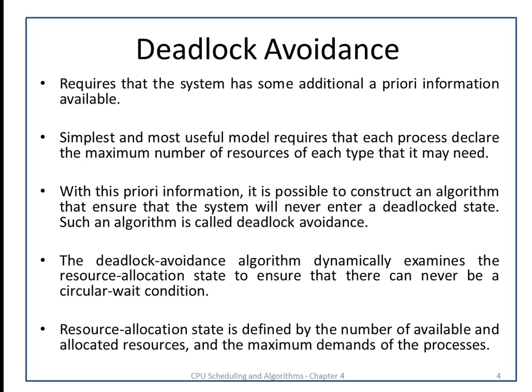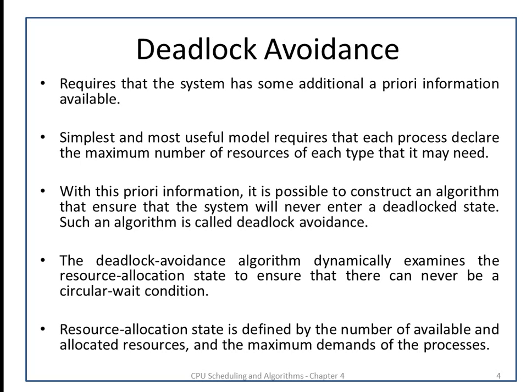Let us say suppose there are two processes, process P and process Q, and process P will request first the tape drive and then the printer, and process Q is requesting the printer and after that the tape drive. So we can manage these two processes P and Q in such a way that both the resources will be shared among them and there will not be deadlock.